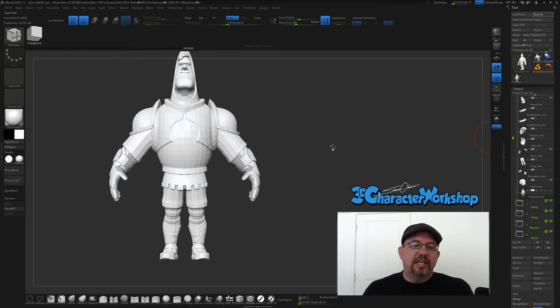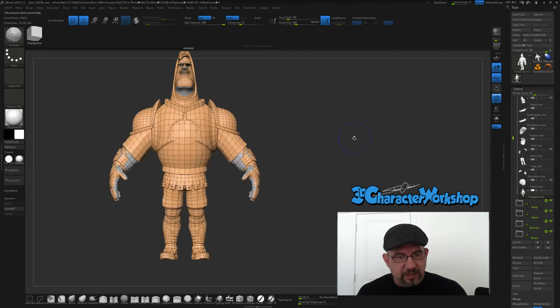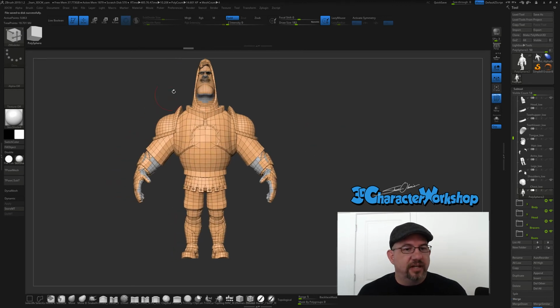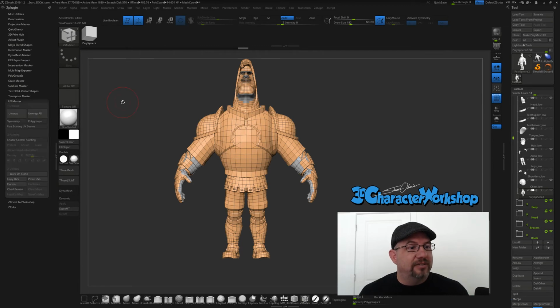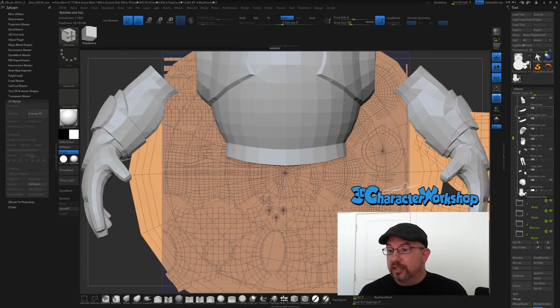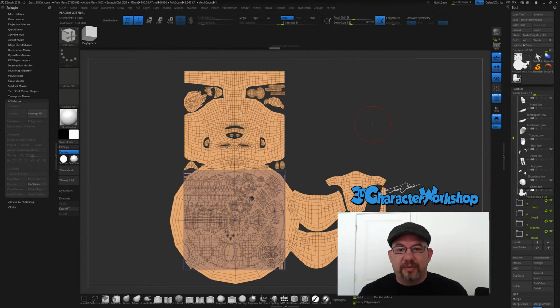Is I can transfer UVs from one object to another as long as the object is the same. Okay, so this piece has UVs on it. So if I go down to, I'm going to open the shelf again, go to UV Master, and I hit flatten, we're going to see all, here, let me solo this. Okay, we're going to see all the UVs that came over from Maya, but they're going to be flipped upside